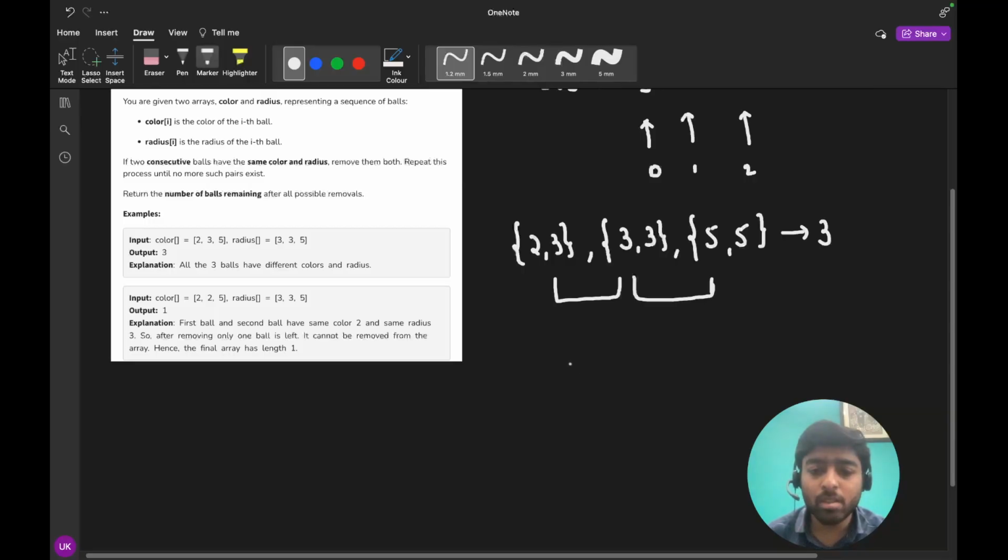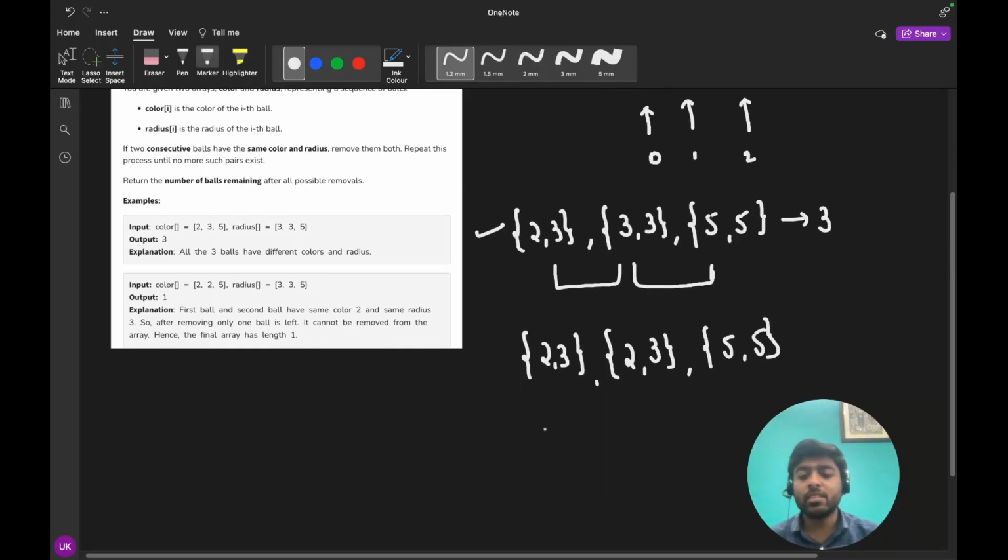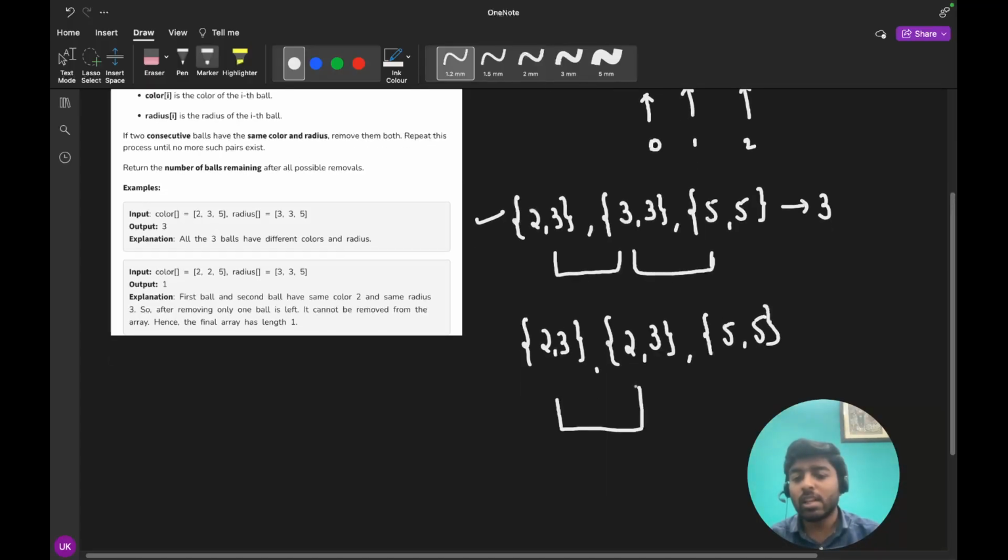Let's see another example. I'm writing just in this notation: 2 comma 3, 2 comma 3, then 2 comma 3, 2 comma 3, and then 5 comma 5. In this case, these two consecutive balls have the same values, so we have to remove them both.